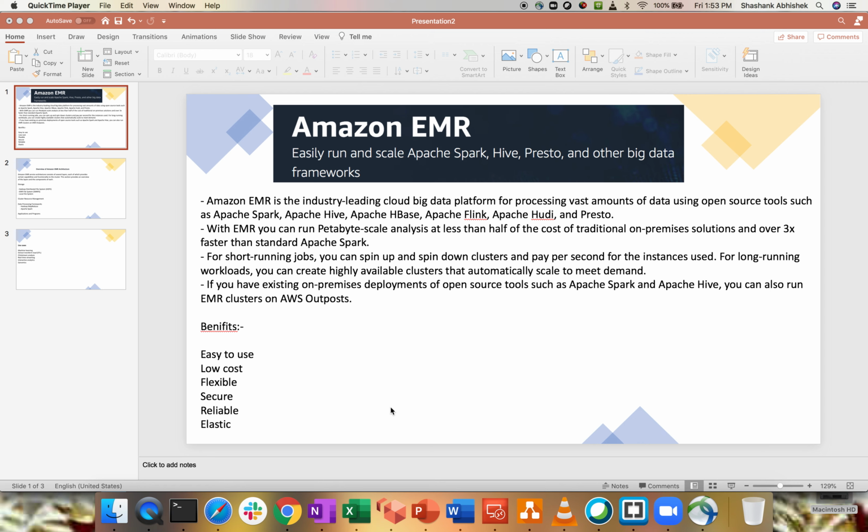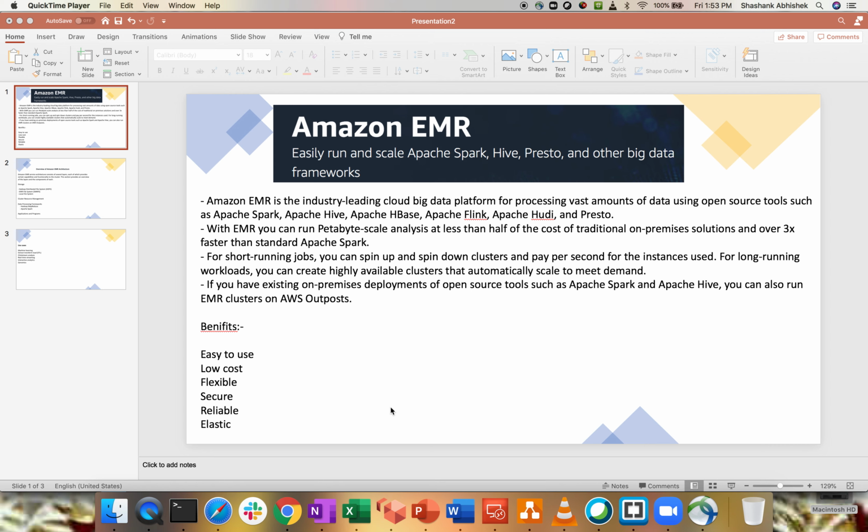This will be the third important topic, which is used widely across the industry for data processing and data analytics: the Elastic MapReduce service. I have jotted down a few points regarding the concept and the architectural components, and then we'll have a practical demo to understand the configuration and how you can use EMR to process data with the help of a Hive program. So first of all, let's understand the concept of EMR, Elastic MapReduce.